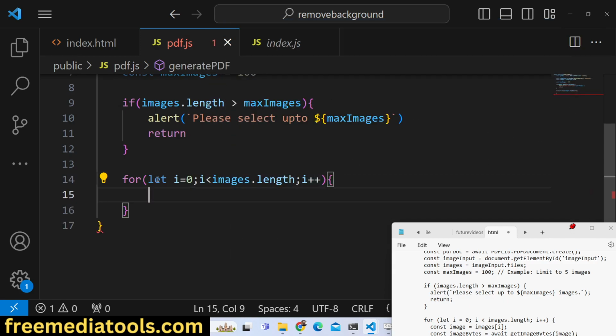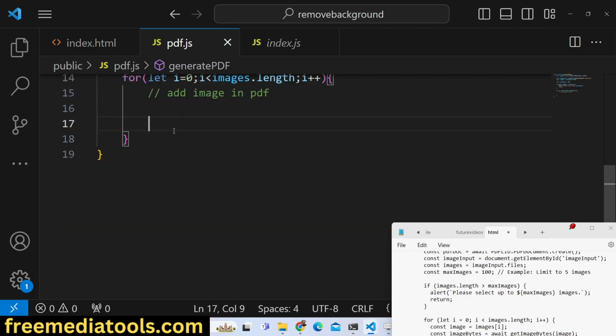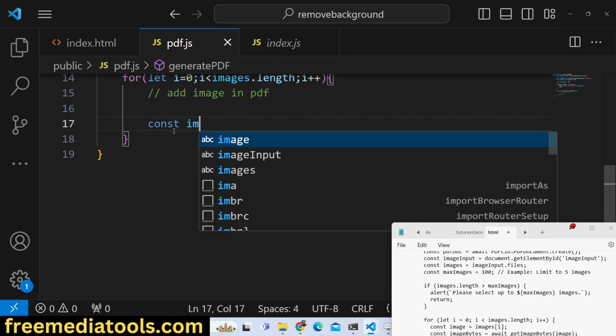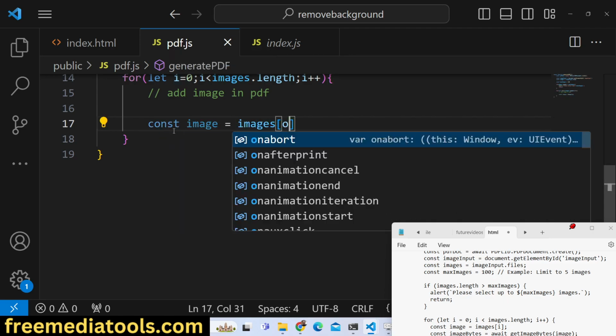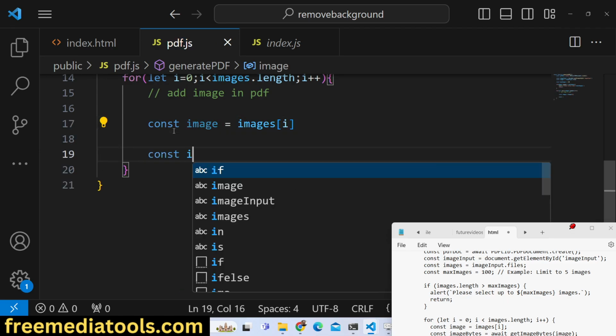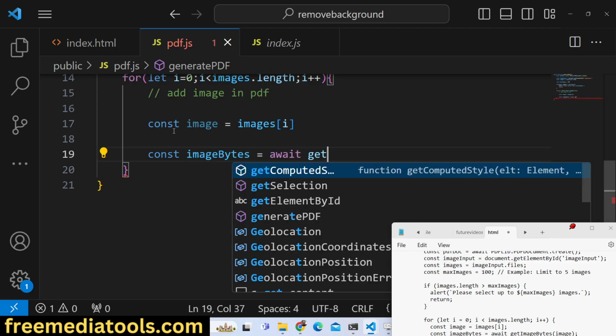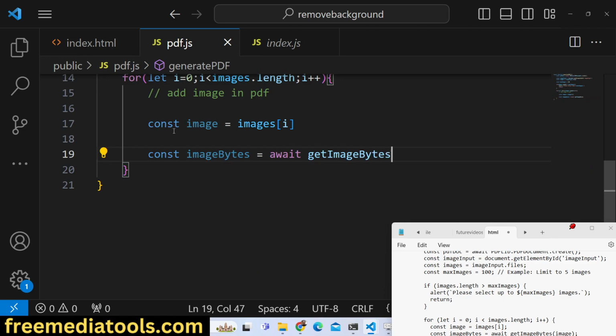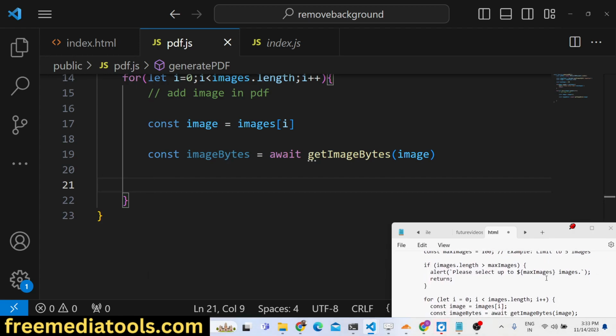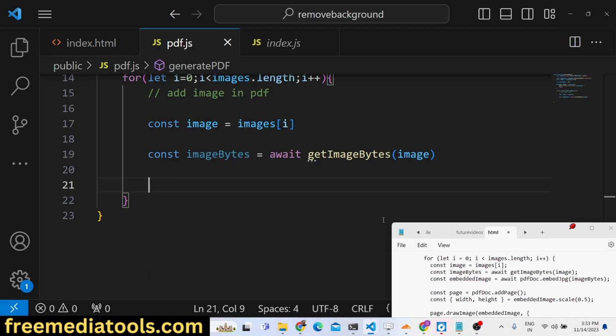For each image, what we will do, guys, we will add this image inside the PDF document using PDF-LIB. So how we can do that? We first of all need to convert this image data into base64. So how we can do? We can say image i, and then we will convert them into base64 bytes. So we will create this variable image bytes, and then we will say await getImageBytes, and then image. Now we just need to declare this function, guys, which is getImageBytes,